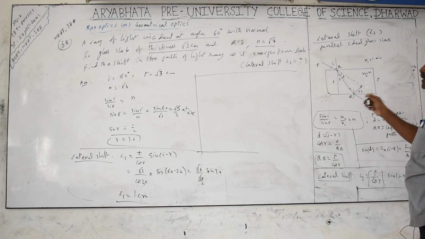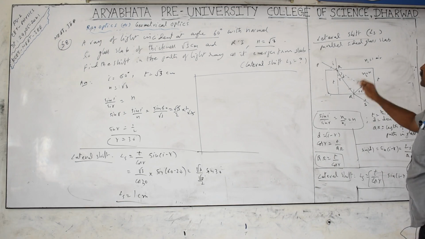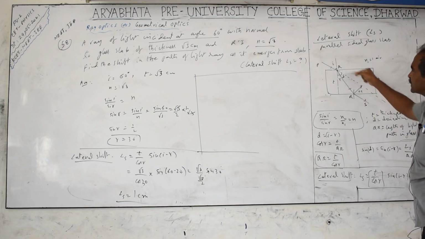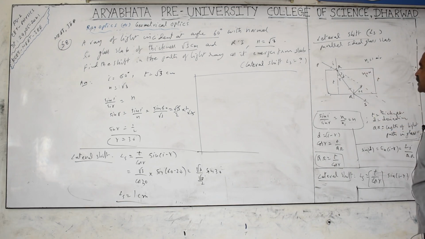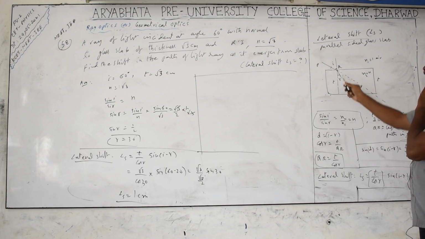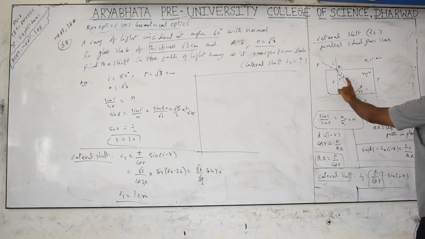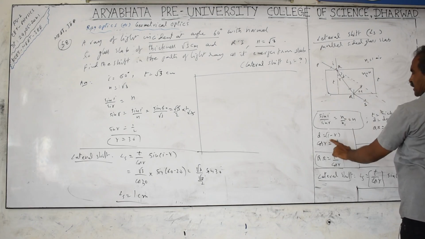One is the lateral shift. Another one is what I told you, the minimum and maximum conditions of the lateral shift. Another one is what is the length of the path QR inside this glass slab in terms of the thickness and others. Here applying Snell's law for the first surface, sin I by sin R is nothing but equal to N2 by N1. If it is air, N2 is N only, we take it as equal to N of the glass, N glass we need to take generally. And the deviation becomes equal to I minus R.